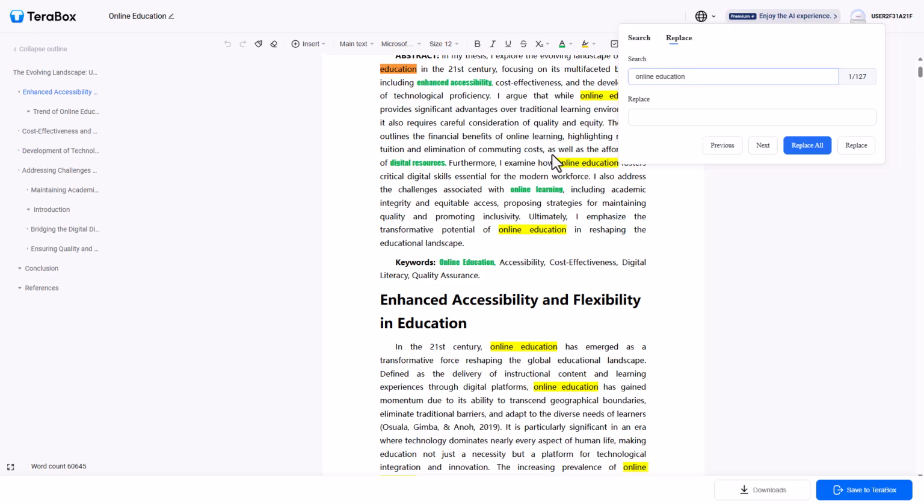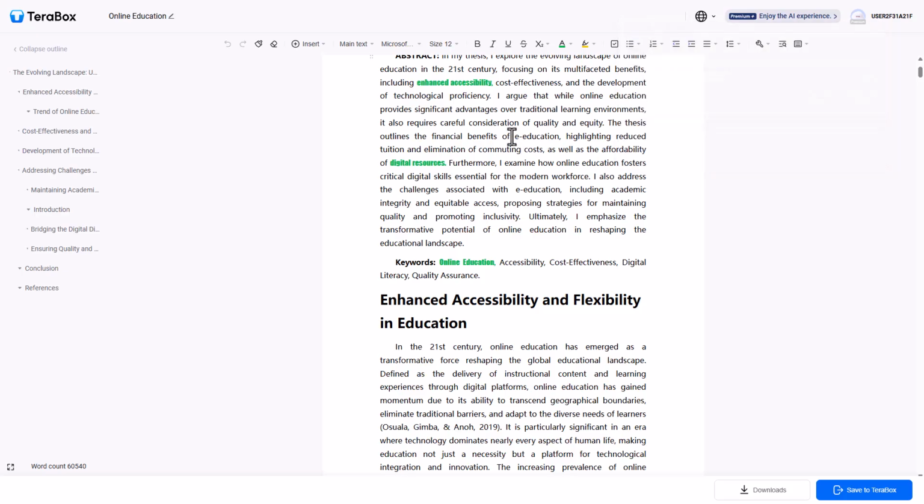And it highlights, let's say, for example, the word, as you can see right here, that I want: online learning. So let's just go ahead and type it in and you can see the word online learning. So I want to replace it with the word e-education, just like this. And now once I do that and click on replace all, you can see that it has now been replaced